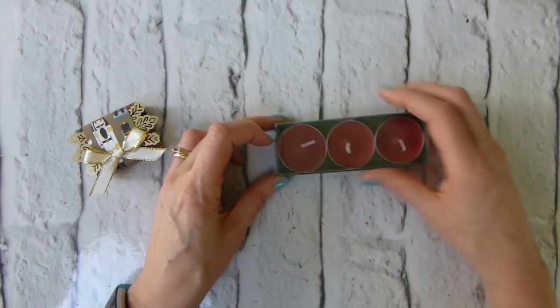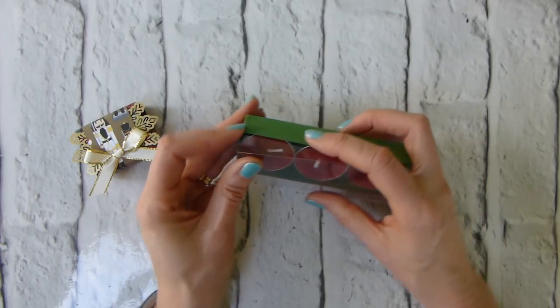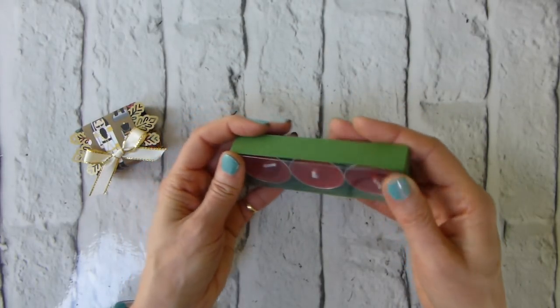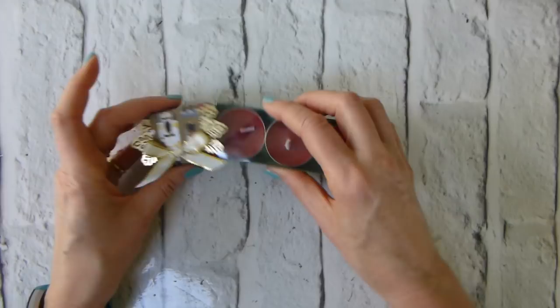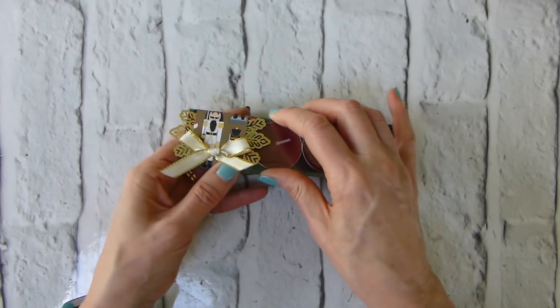Famous last words, of course. I'm now not going to be able to get it back in. There we go. Hurrah. So, I'm using the Christmas Around the World Designer Series paper,